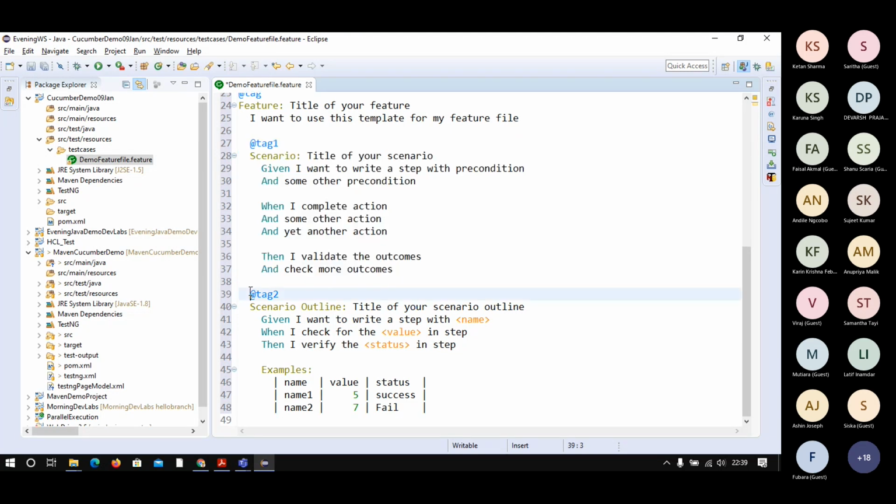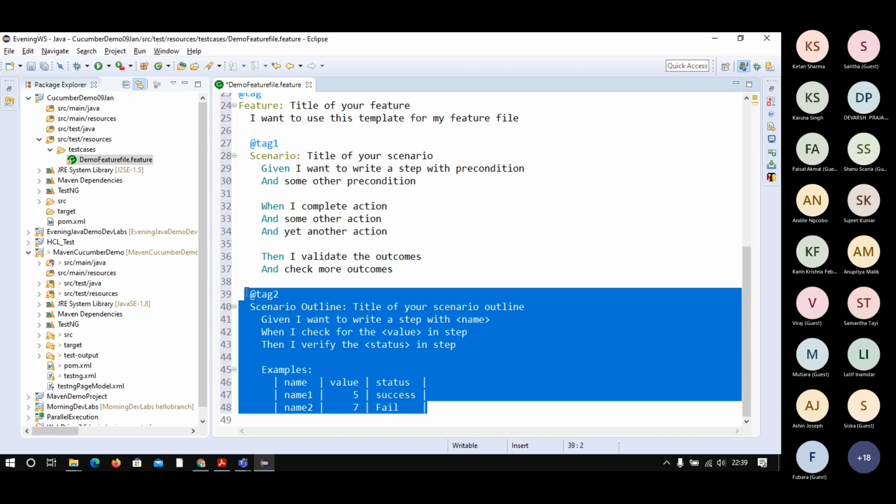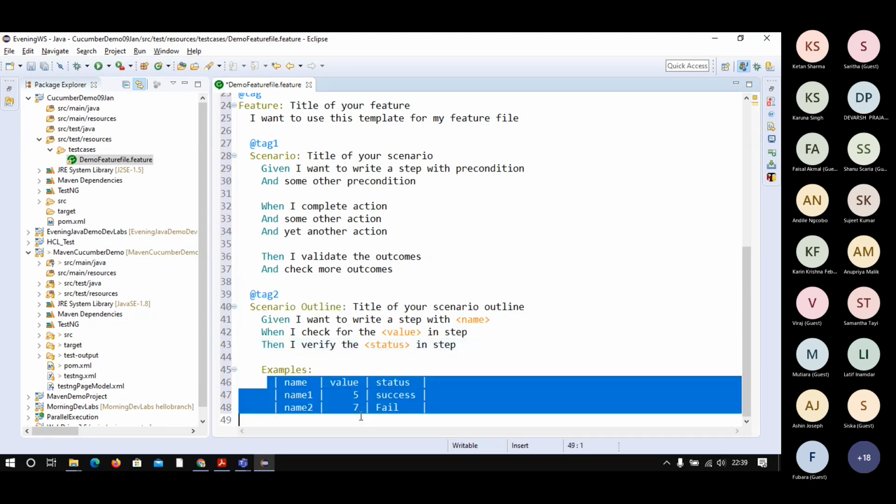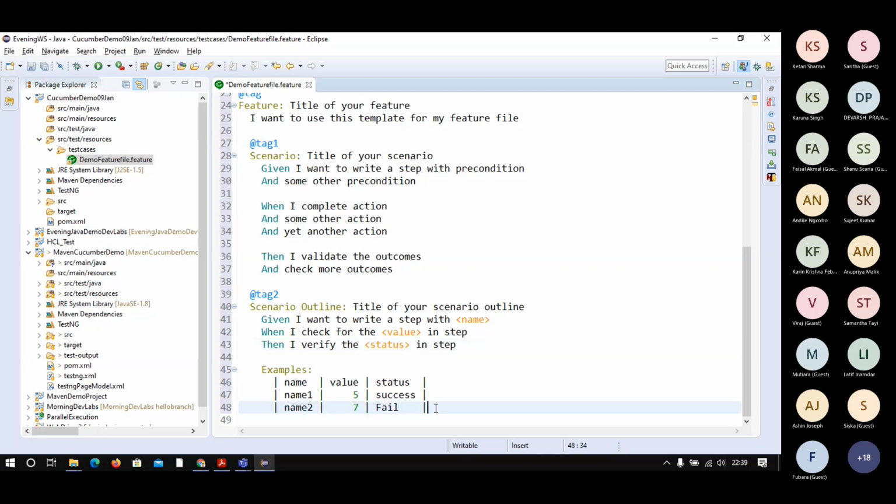This is the second example of parameterized. It means like one test case with multiple test data. How we are using? You see here, this is the table. We call it table with multiple test data. So this is the heading of the table, and you see here how we are using this heading. So name we are using here like this.